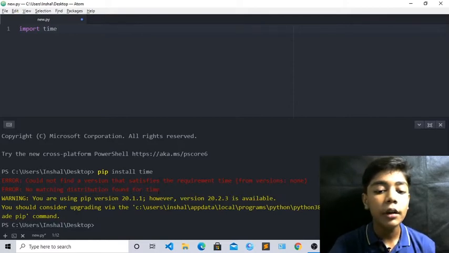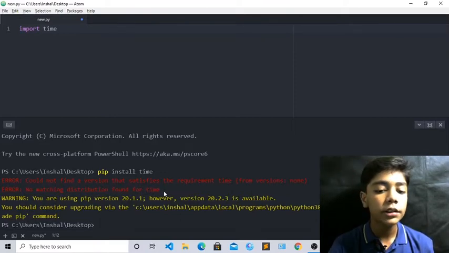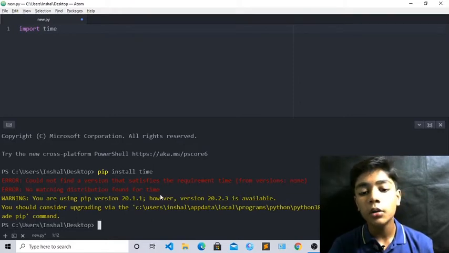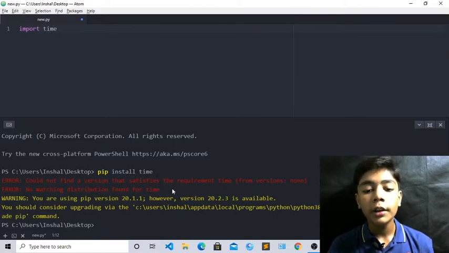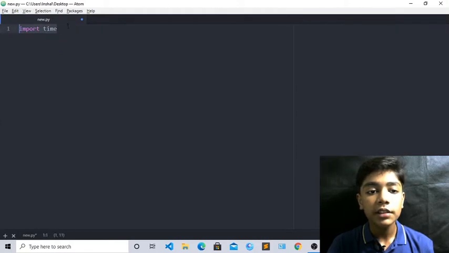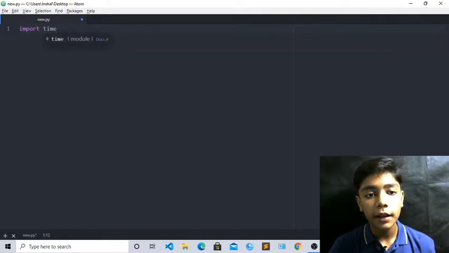It is saying that you have already downloaded it and the requirement is already satisfied, so why are you downloading again? So it means that there is no latest version of time, and there is already one version which we have downloaded. Okay, now when you have done this, just close it from here, and you have written this import time, and I hope you will remember what I told you about import time, and it has importance in Python like I told you today.